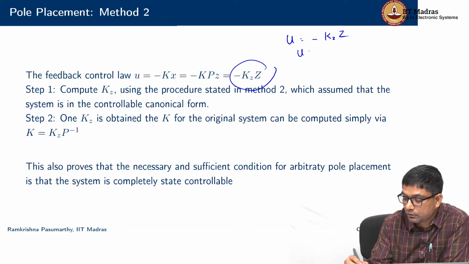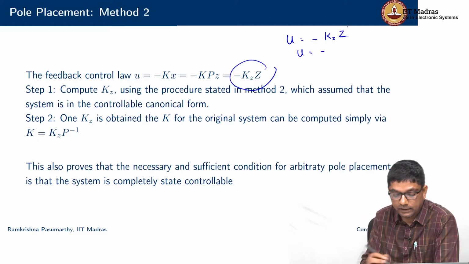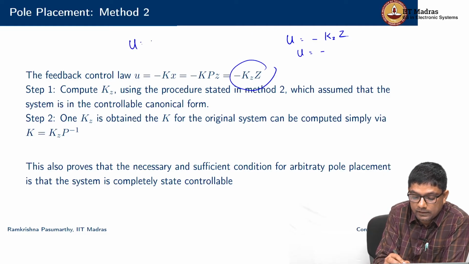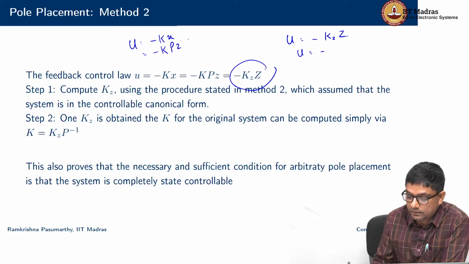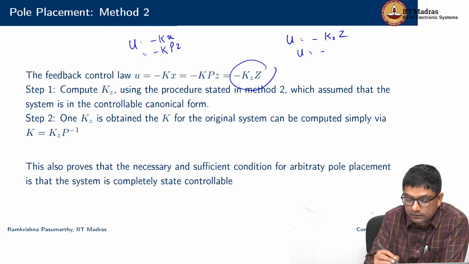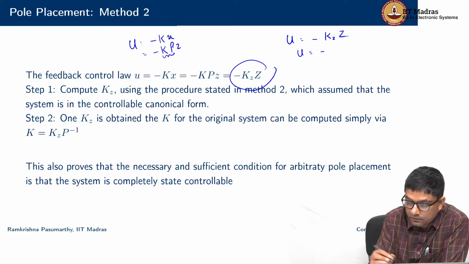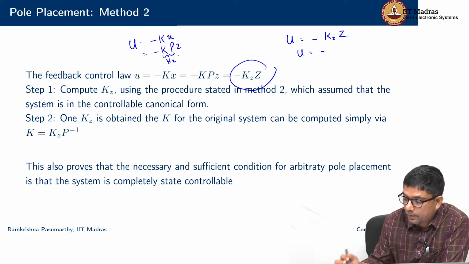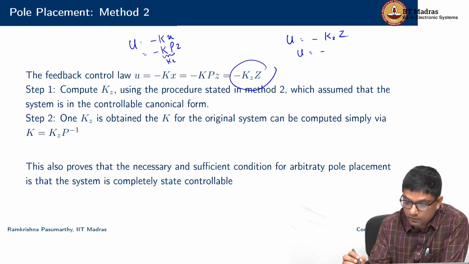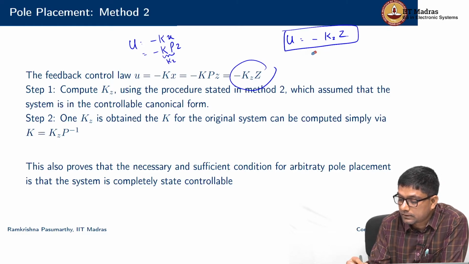This is simply U equal to minus k times x. How will I write this in x? So, U in the x coordinates is minus kx, in the z coordinates it will be minus kpz, and this k times p I will call kz. Okay. Now, from this, this is my control law